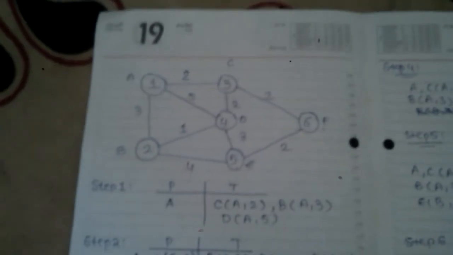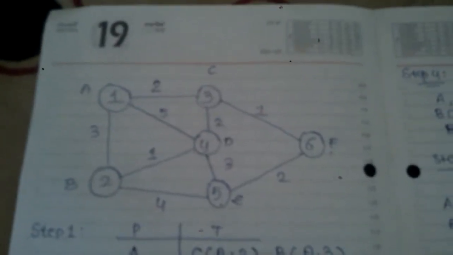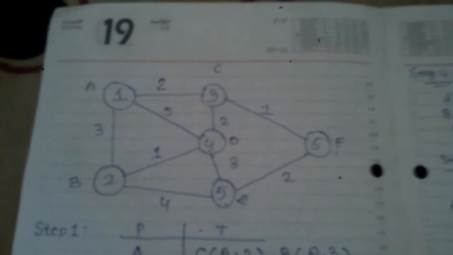Hi guys, today I'm going to show you a problem on Dijkstra's algorithm. This is the basic problem given on the Dijkstra algorithm. Dijkstra's algorithm can be used in computer communication networks for finding the shortest path from the source towards the destination. Here A denotes the source and F denotes the destination, and these are the basic paths.